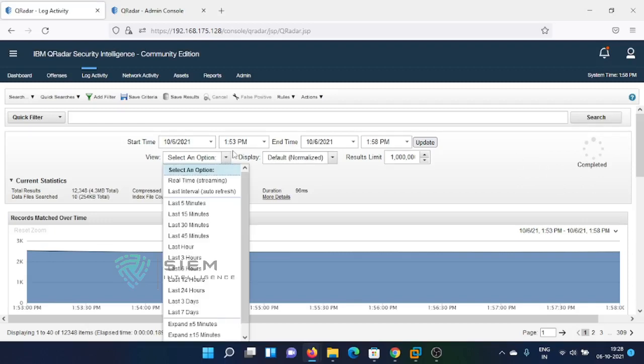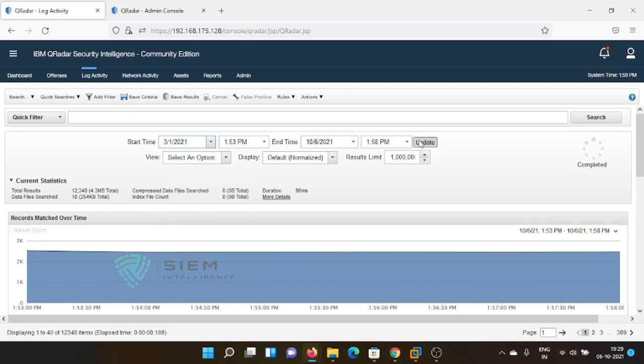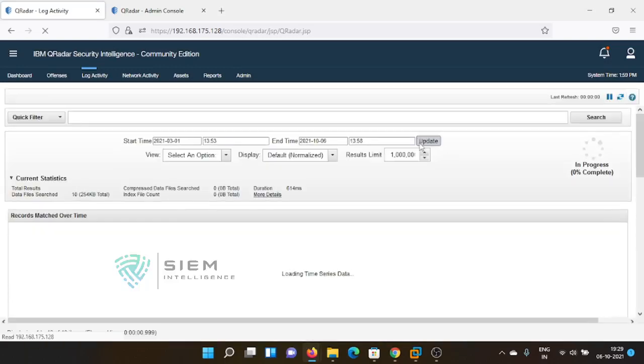Then I'll go with a time. Now I'll give the specific time. I can go up to whatever data you kept as archiving log. You can keep it as warm data, or active logs. You can go beyond 1 year, 2 years, if you are keeping your data in your dump according to your SAN area. There are so many things that come into the picture. Once your data is stored in your system for the last 6 months, you can go up to 6 months. So I am starting from something like March. You can select from 1st March to 6th of October. Now you will get the entire logs.